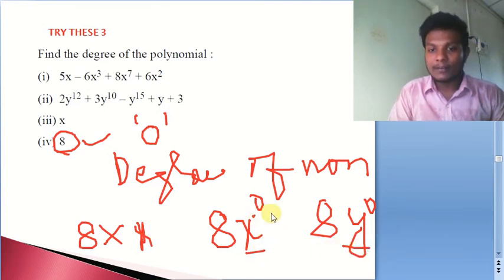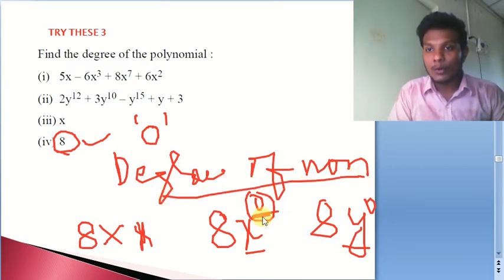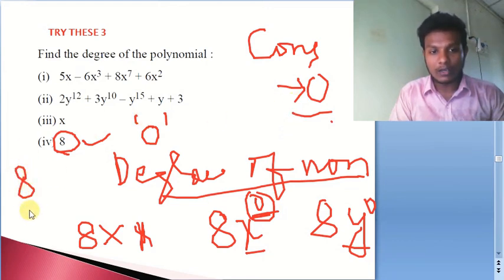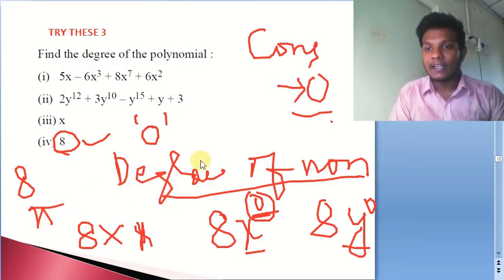But see, in all these cases the degree, that means the highest power of the variable, always focus on the variable's power. Here the variable is x and the power we have is 0. So remember the degree of a non-zero polynomial is going to be always 0. That means for a constant the degree is going to be 0, non-zero constant, remember. So we shall see what is the degree of a 0 polynomial later. For just now remember, for 8 or any number you take, for pi, whatever the number you take except 0, in that case the degree is going to be 0.